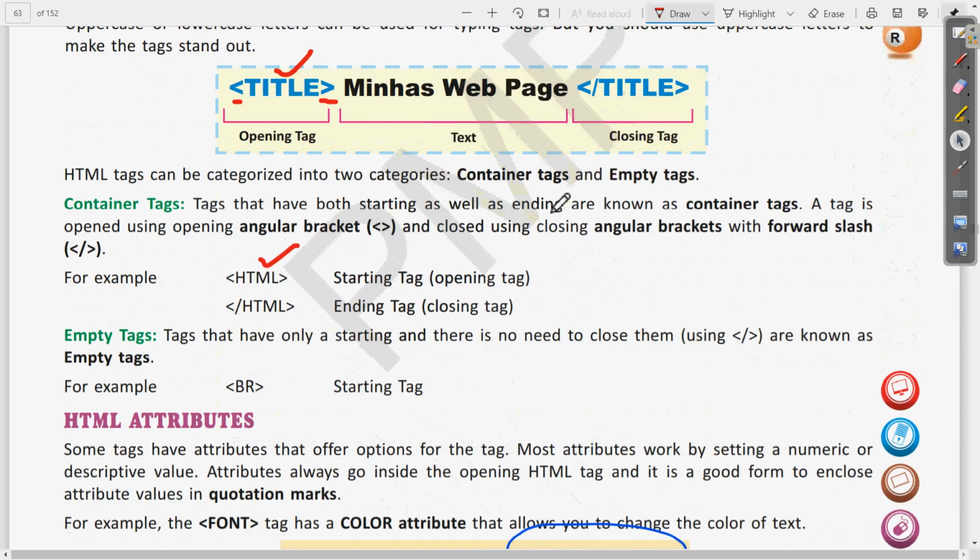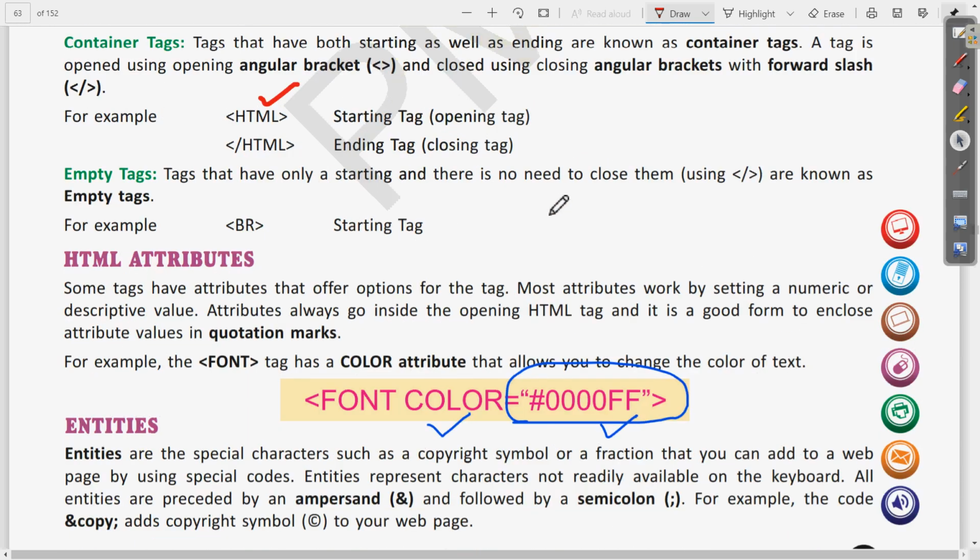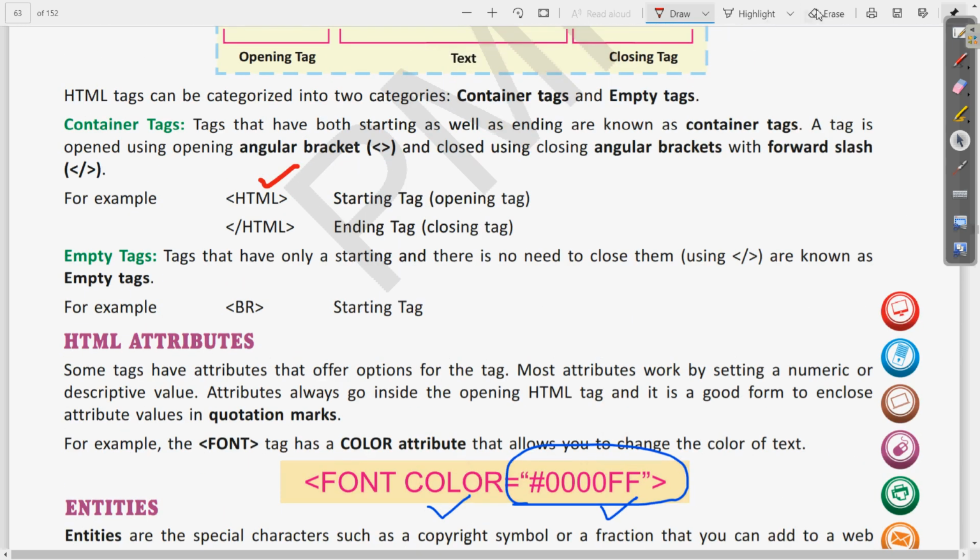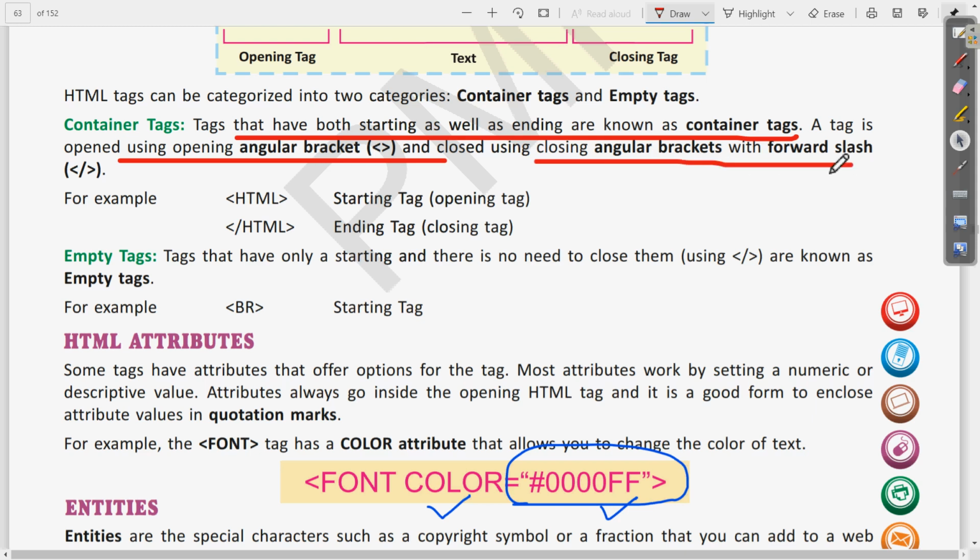Okay, so here it is. Yes, so you can note down from here that container tags, the tags having both starting as well as ending, are known as container tags. Clear? Now the second point also, that a tag opened with the angular bracket opening tag and closed with the angular bracket with the forward slash.